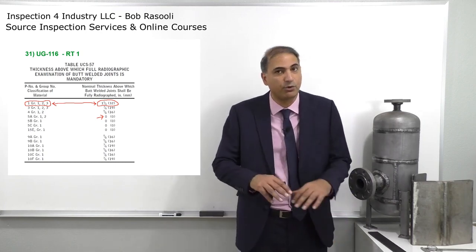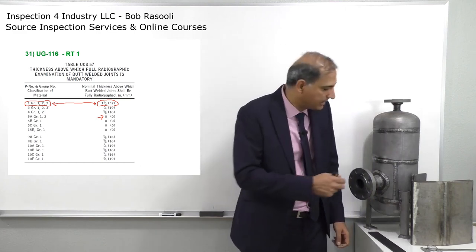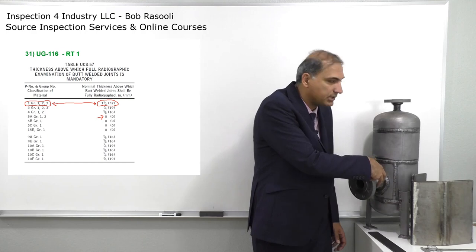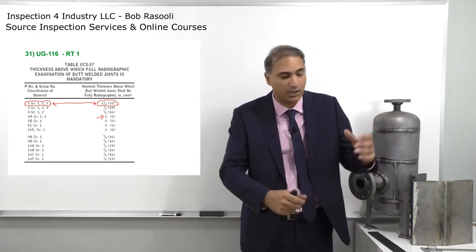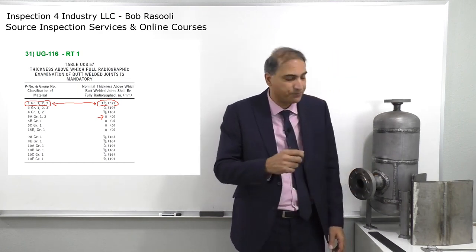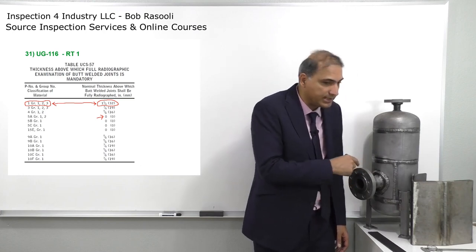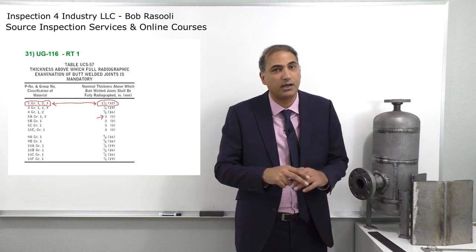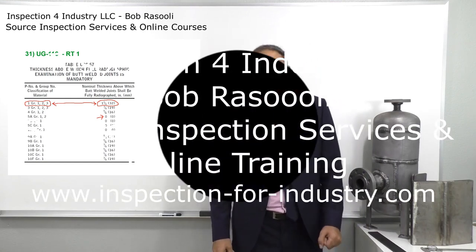But the exception for both cases, either wall thickness or service, is the nozzle and communicating chambers. If there's a boot in here, that's normally on horizontal vessels. Those are communicating chambers or nozzles. If the diameter of the nozzle is less than 10 inch and wall thickness is also less than 1 1/8 inch, then it doesn't need to be included in the radiography testing. Let's